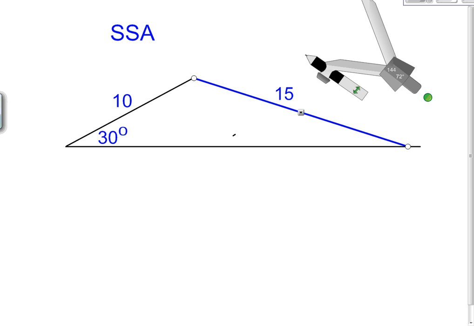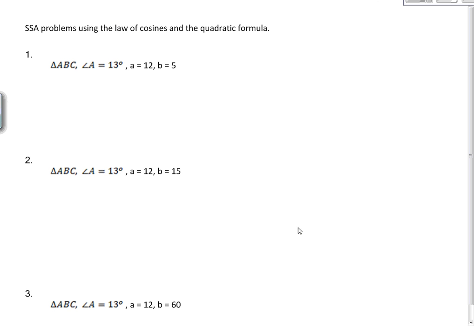All right. Now let's actually try and solve some problems. Each of these problems is a side-side-angle problem, so you have to recognize it. The first thing you do when you solve any of these problems is you draw yourself a picture. And it can be kind of a crude picture like this. But you want to get down the information. This is 13 degrees. This is angle A. Side a is across, so it's 12. And this is not a very good picture, but this is B, and this is 5, and this is C,